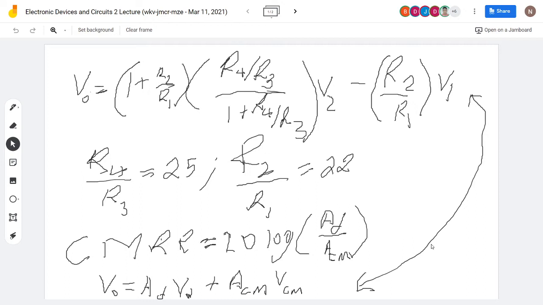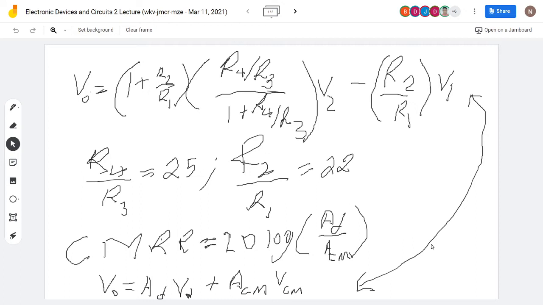We also know that VCM equals the average of the CM voltages, right? You should know that. V2 plus V1 divided by 2. Okay? Guys, remember that? Yes, sir. Okay. All right. So from this,